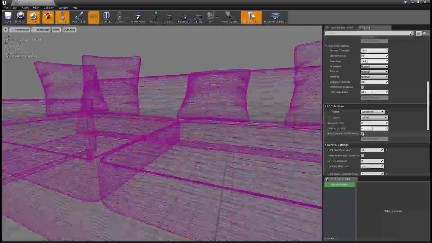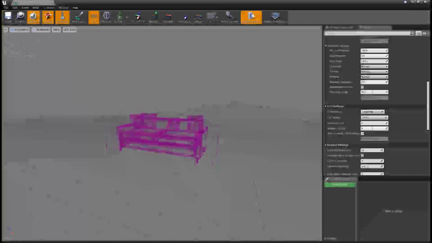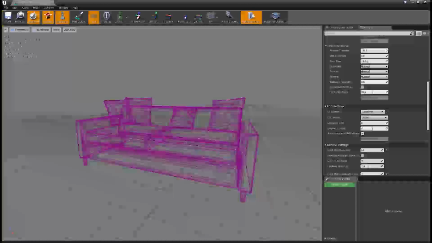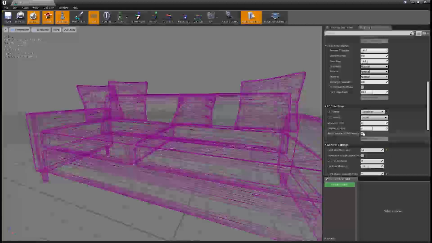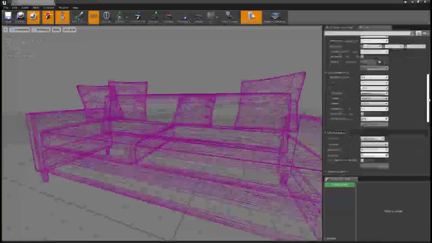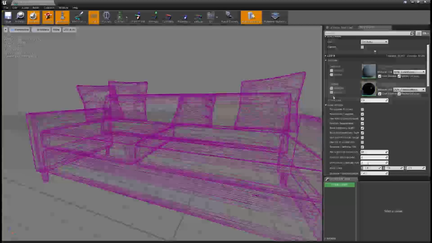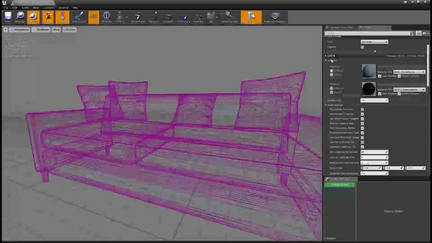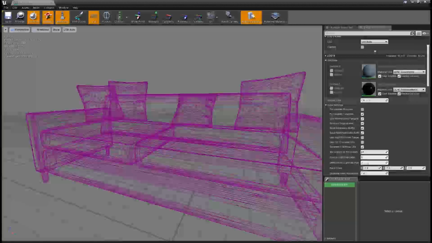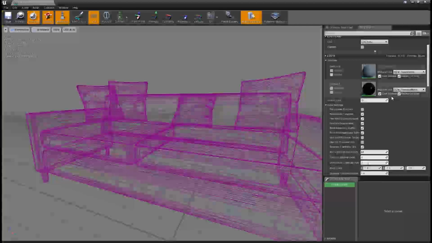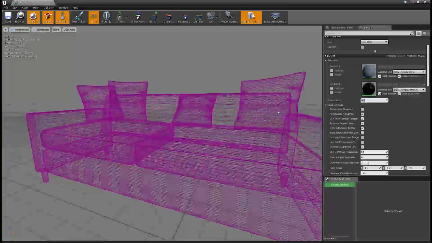Now, if we want to turn off Auto Compute LOD Distance here, so maybe we don't like the distance that the LODs are changing at, we can disable it here. And once we disable that, we just need to scroll back up to Screen Size right there under the LOD 0 dropdown. And right now it's set to 1, so we could change that to 0.5, which would be 50%